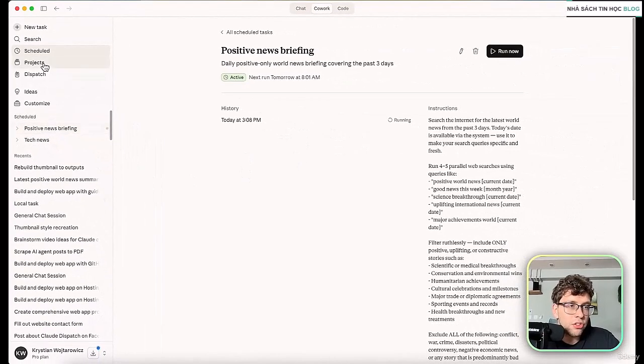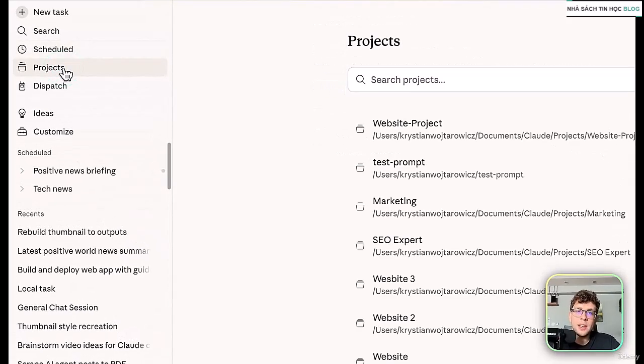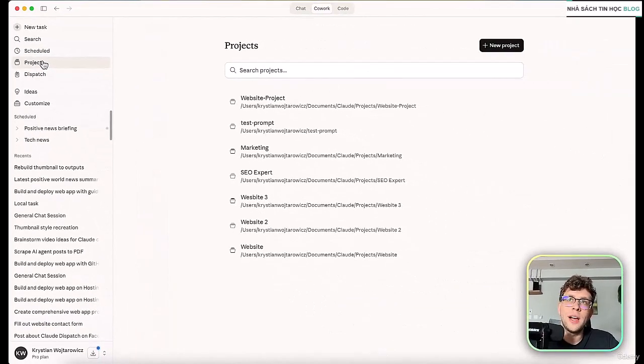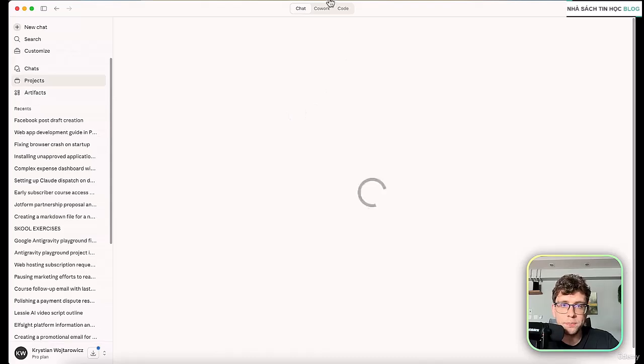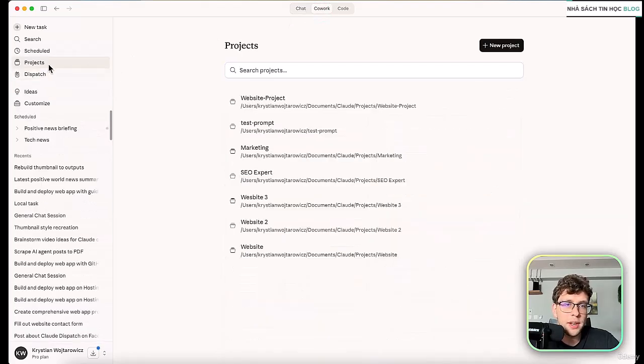And the second feature is gonna be projects. And now we have the entire breakdown, what projects are, how to use them, in the section about Claude application. So it's one of the last sections of this course, because when it comes to the chat, we've also got the projects. However, right now, let me explain that very quickly.